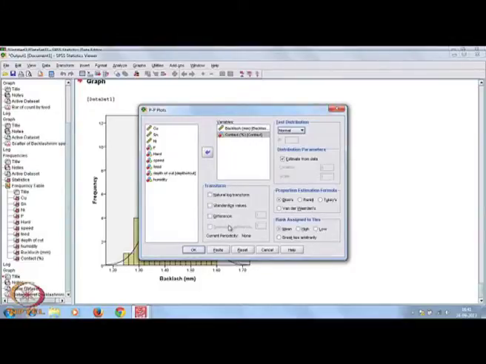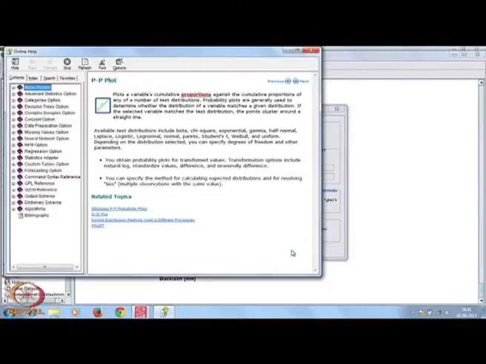Now there are many options. You can transform the data, proportion estimation is available, and rank assigned to ties is available. If by chance you are not able to understand what something is, you click Help. Once you click Help, as you have chosen the P-P plot, it will explain what a P-P plot is.